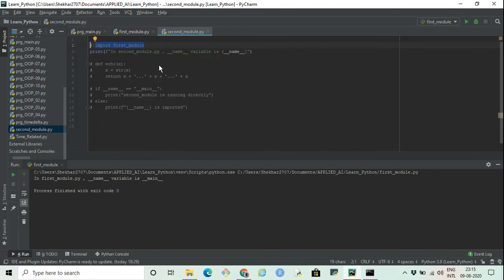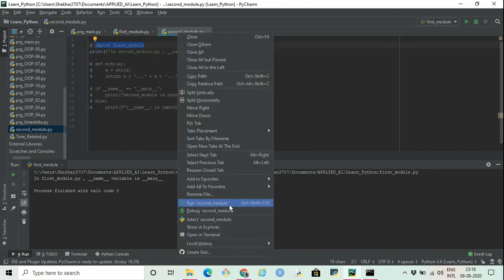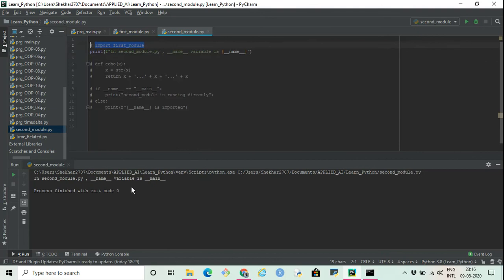Similarly, in the second module, if I execute this, it will print the value as __main__. So the point is, if we are executing Python code directly from a file, then the value of this variable __name__ is set as __main__.